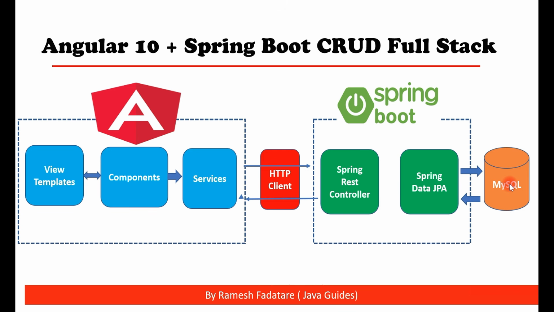So we are going to use MySQL database in this series. So Spring Data JPA, it internally uses Hibernate as a JPA provider, and it will expose all the database operations for a particular entity. So for example, we are going to create employee JPA entity in our project, and Spring Data JPA provides all the CRUD operations for employee entity. So we use Spring Data JPA to reduce a lot of boilerplate code that is required to develop a persistence